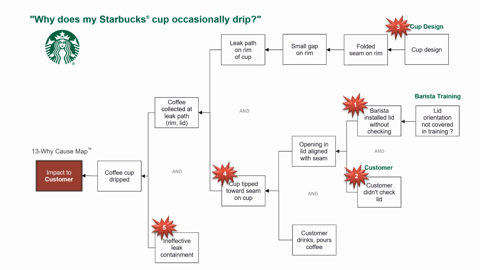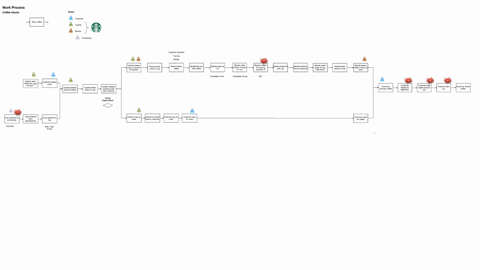One of the key points here is you don't have to solve all these. If you change one of these, it changes this issue. If you change 2 or 3, it makes the risk significantly lower. So you might ask, well, who actually does this? Who is actually going to check and do some kind of containment on the cup so that it doesn't leak? Like, you don't have to do that. You don't have to wrap a napkin around the cup unless you really wanted to make the likelihood of something like that occurring very low,